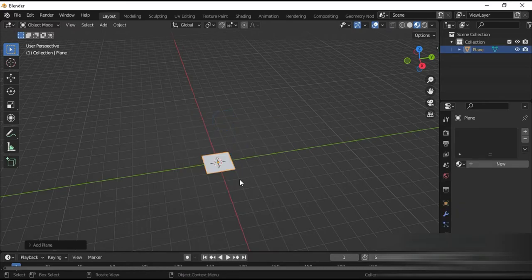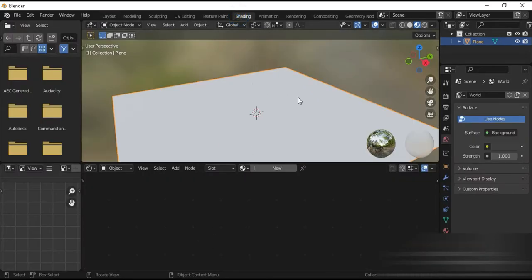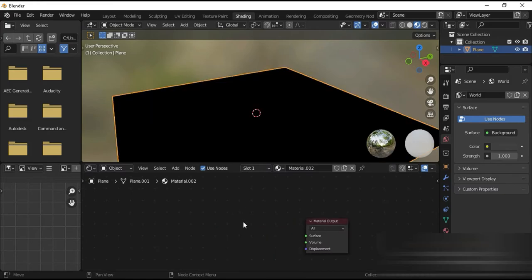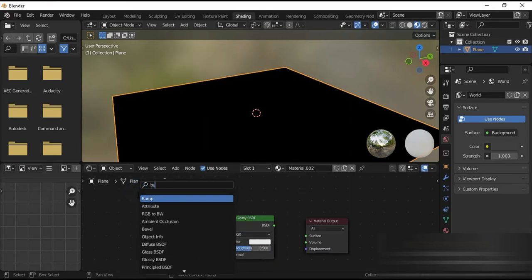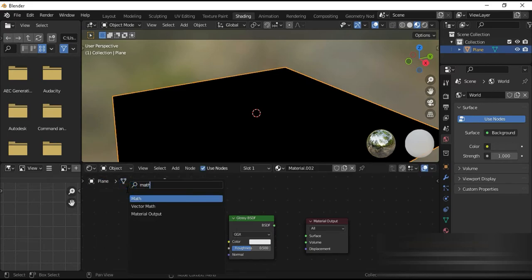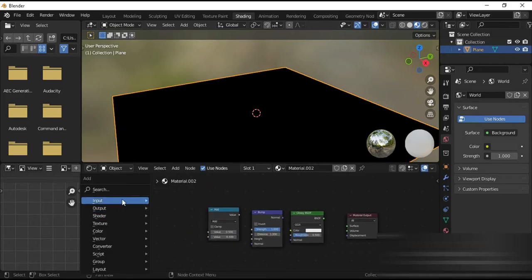Let's quickly make our ocean's scale 9 times and let's go to shading. So this is where the magic is going to happen. Let's delete that and let's first of all add glossy BSDF and let's add bump. Let's add a matte node